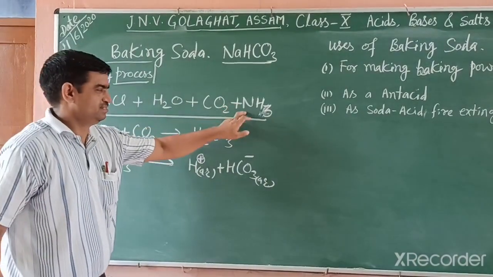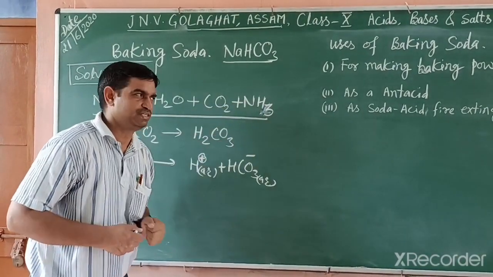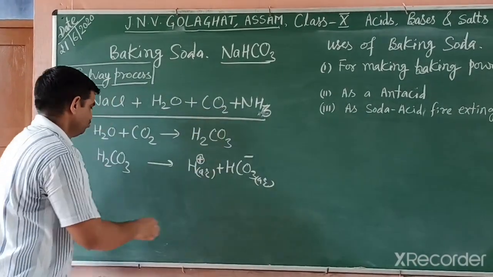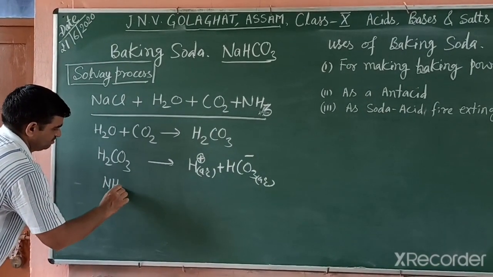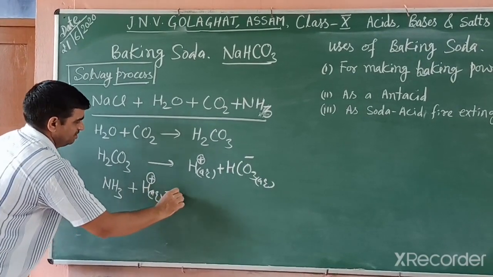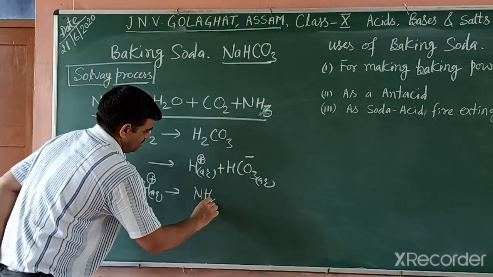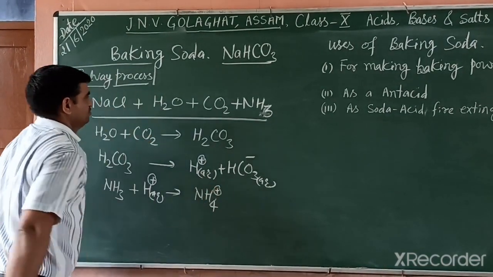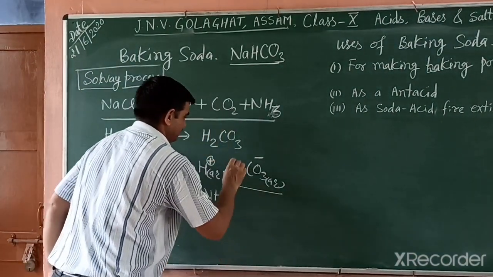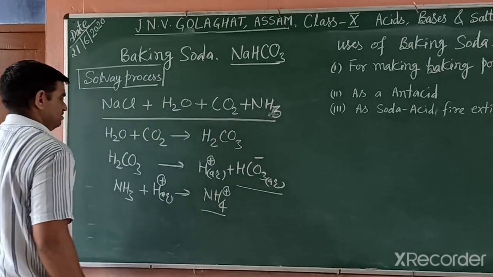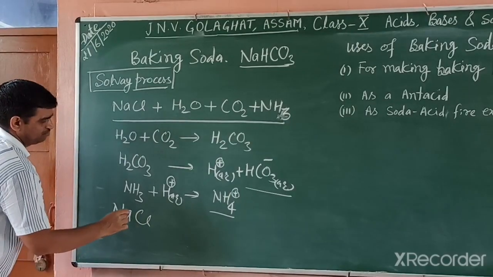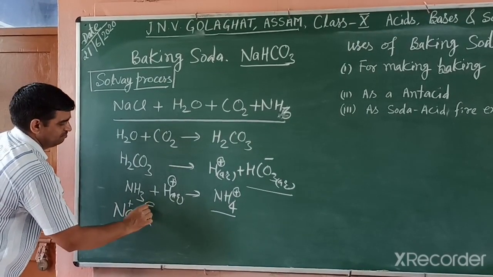That is another gas, ammonia. Ammonia behaves as a basic chemical, meaning ammonia is basic in nature, and this is an acid. So ammonia and this hydrogen ion react, and they form another ion known as the ammonium ion. So we get ammonium ion and ultimately bicarbonate ion, ammonium and bicarbonate. And in our salt, sodium chloride, there are two types of ions, Na plus and Cl minus.